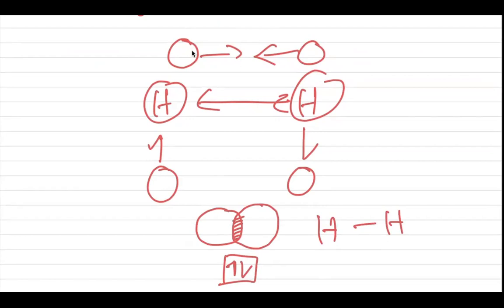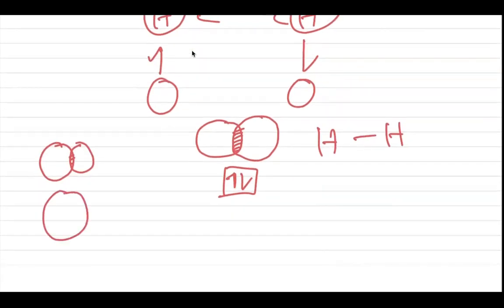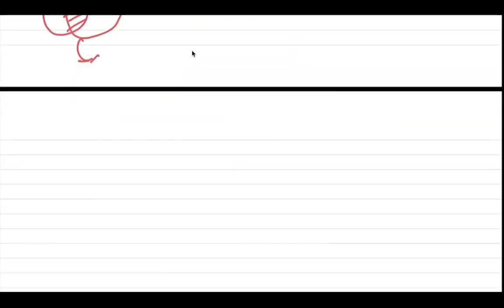Suppose an orbital overlaps like this, and suppose here another orbital overlaps like this. Here the overlapping is more. That means the bond formed by this orbital is stronger than that overlapping. So if the overlapping is more, the strength of the bond also becomes more. Clear? Yes, ma'am. Now next is types of overlapping and nature of covalent bonds.